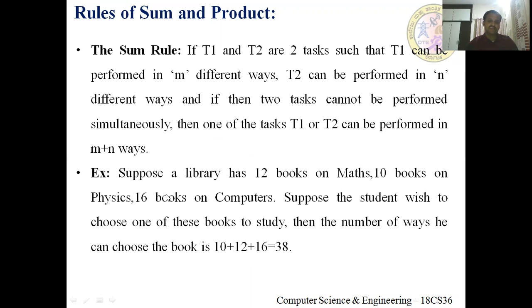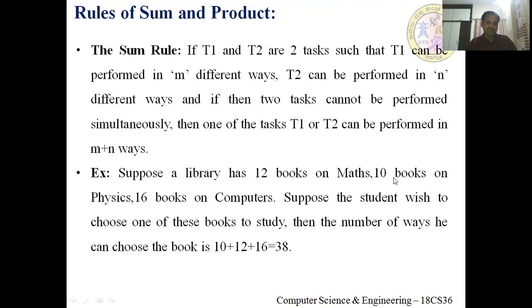Consider one more example. Suppose a library has 12 books on maths, 10 books on physics, 16 books on computers. In how many ways can a student choose one of these books for study? A student can study books on maths or books on physics or books on computers. The total number of ways of performing this activity is,